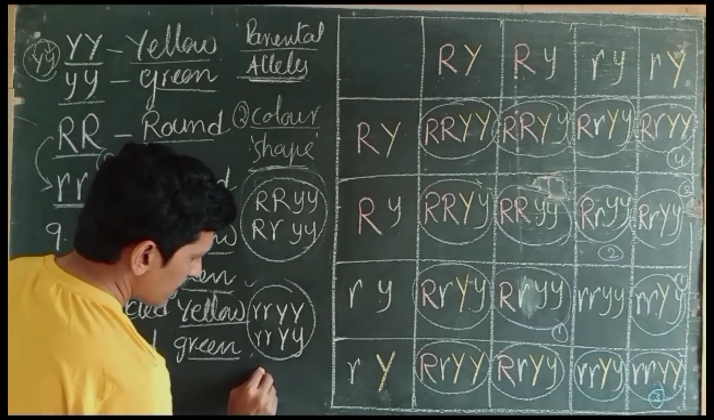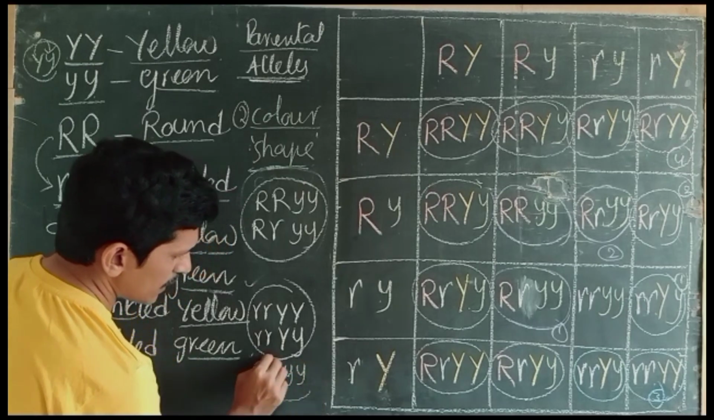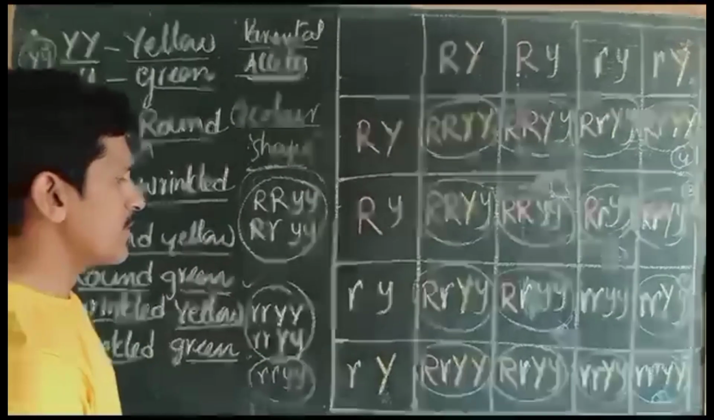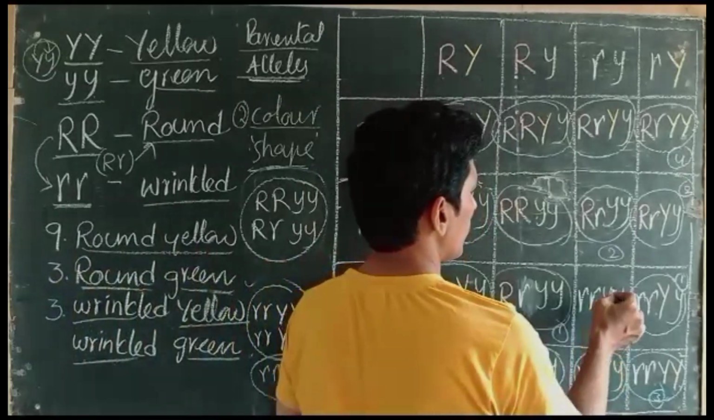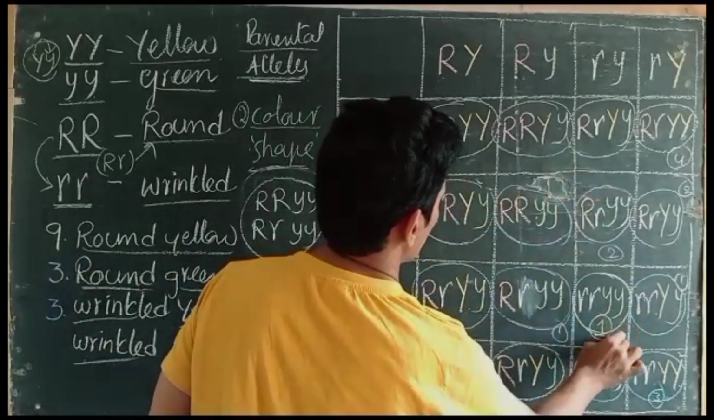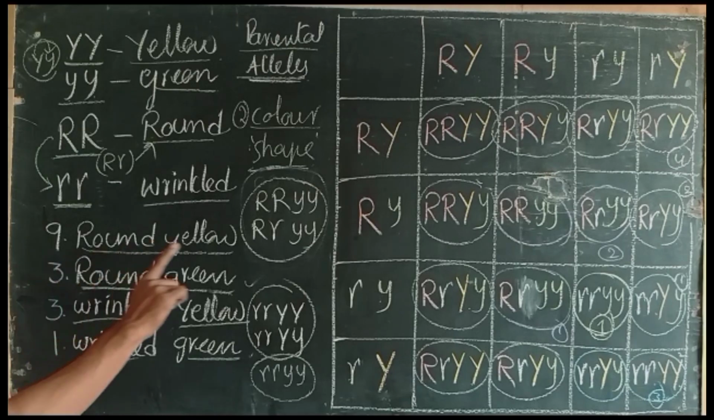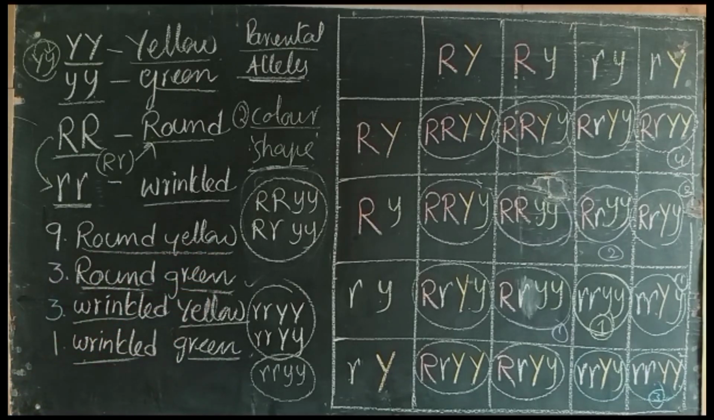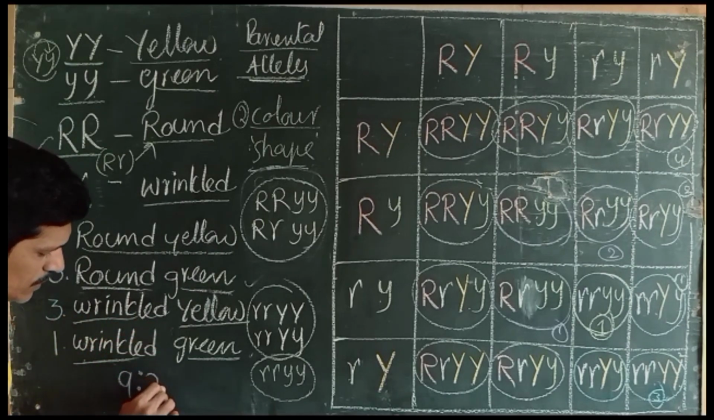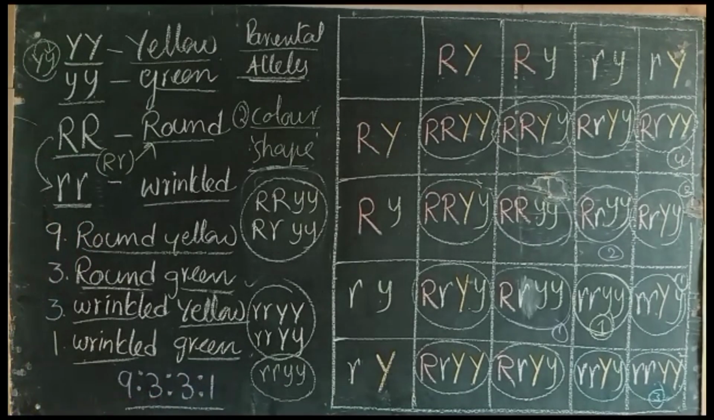And finally, wrinkled green. Wrinkled green means small r, small y, small y. This kind of factors we needed. Right? Small r, small y, small y. Only one factor is there. Here it is. So the final wrinkled green is 1. See that the total ratio of round and yellow, round and green, wrinkled yellow, wrinkled green is 9:3:3:1. This is what the